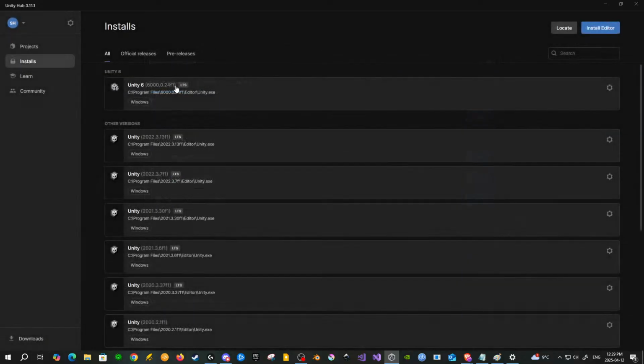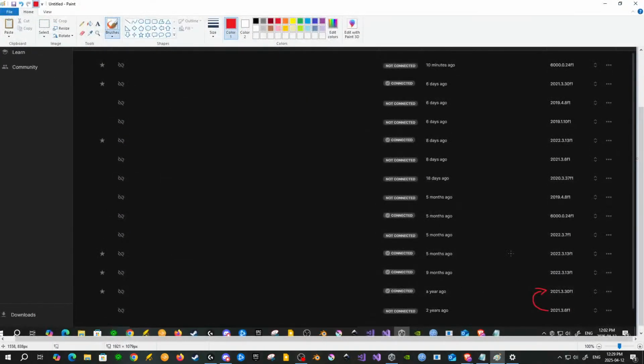But me personally, I'm probably going to stick with this version for my game. I'm still talking about upgrading versions. So basically, just to be safe, I'm going to stay with this. And what I ended up doing is, instead of upgrading from 2021.3.6 to 2021.3.30 to 2022.3.13 to 2022 point whatever,